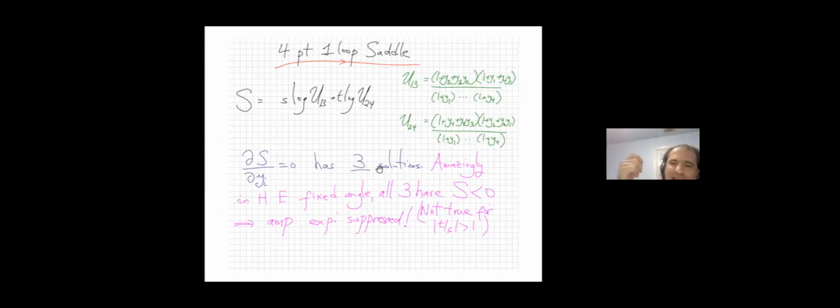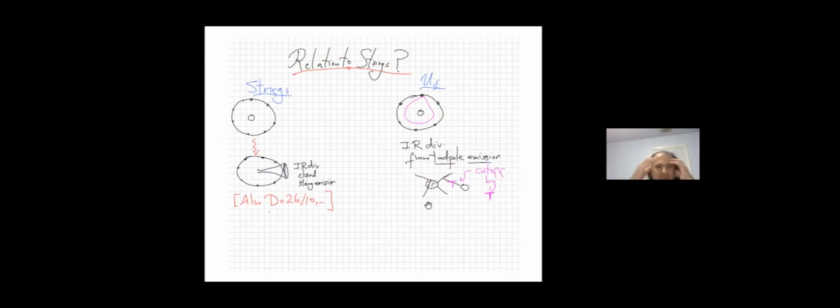And just as at tree level, it's not true if we go outside the physical region. If we make S very negative, T very positive, but T over S bigger than 1, some of the saddles have positive action. Okay. But when we're in the physical region, all the saddles have negative action. So I find this very exciting, that this is some indication that all the qualitative properties of this new amplitude look like string amplitudes, even though the form of the integrand and how we're representing it definitely doesn't seem to match up with string theory in an obvious way.